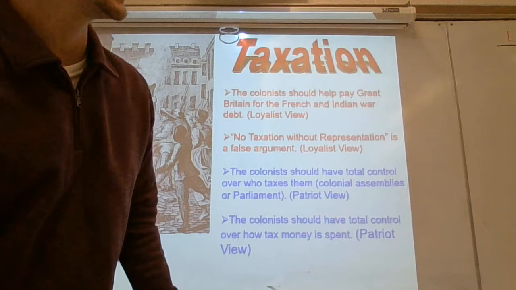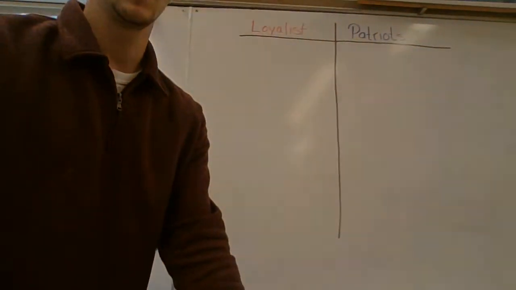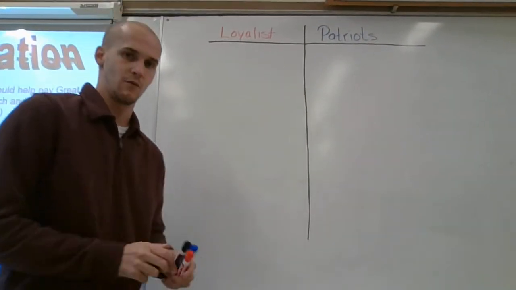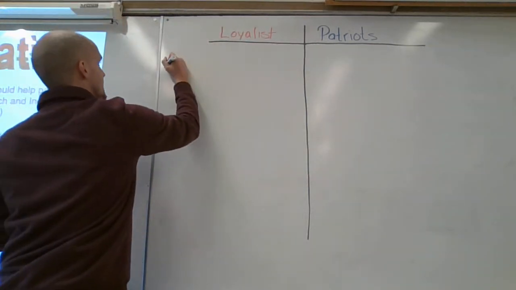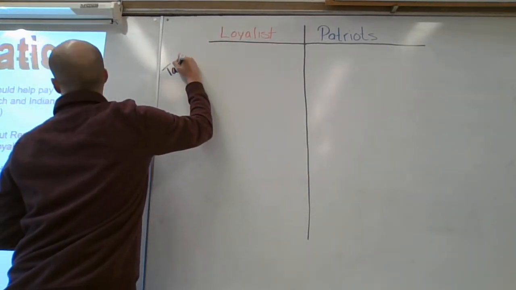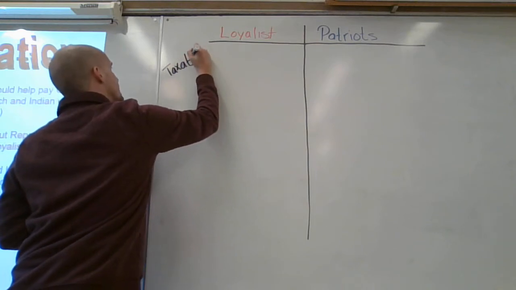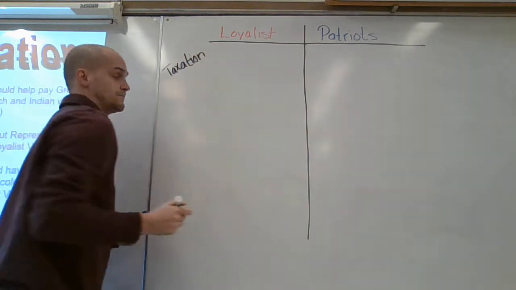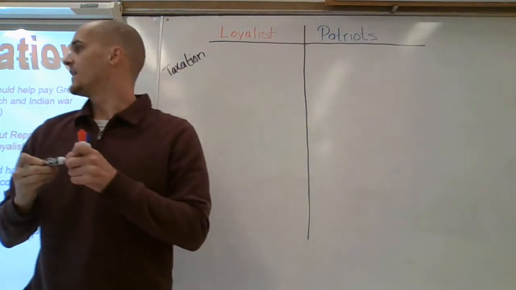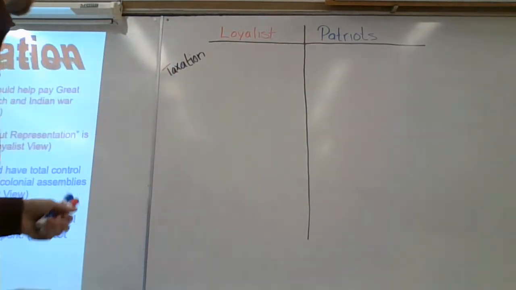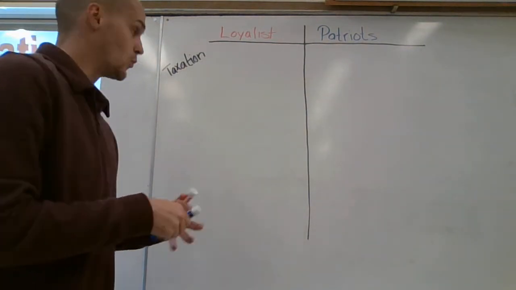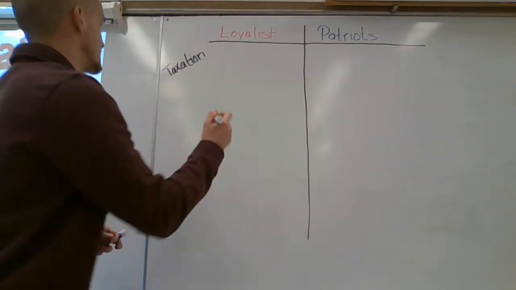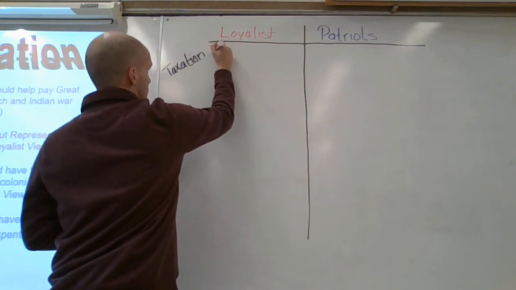We're going to go back to our T-chart here. All right. So what I would do if I were you is, in whatever color you did your T-chart in, off to the side, I would write taxation. All right, taxation. And then we're going to go over these views. The colonists should help pay Great Britain for the French and Indian War. All right, that was a Loyalist view. So their first point